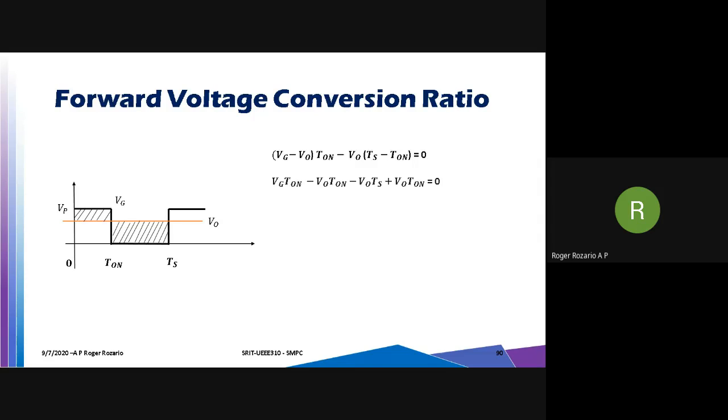So what we see here is that the switch is operating with a duty ratio over the switching period from 0 to Ts. In that, from 0 to T on, during the on state, the switch is connected from P to T1, and the pole voltage Vp is the same as the source voltage Vg. So during the on time, the switch T1 is connected to P, and the pole voltage is the same as the source voltage. Vp is equal to Vg.